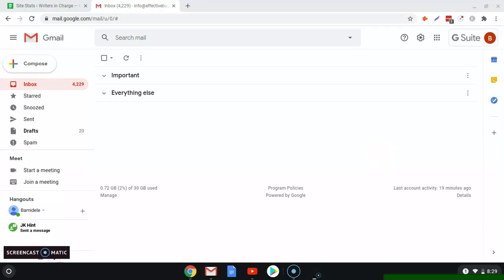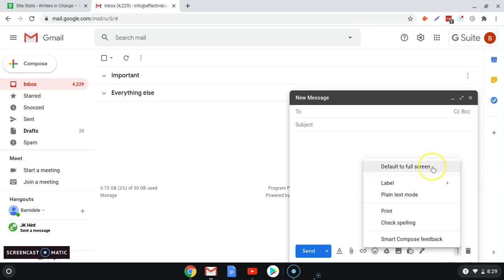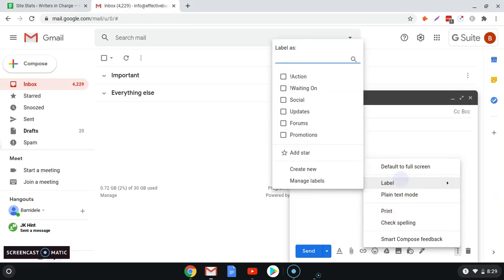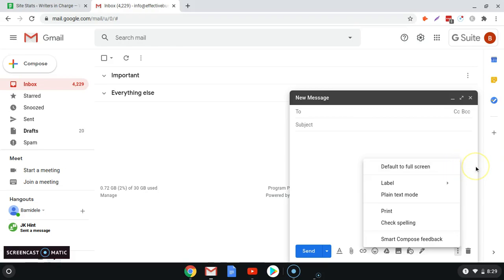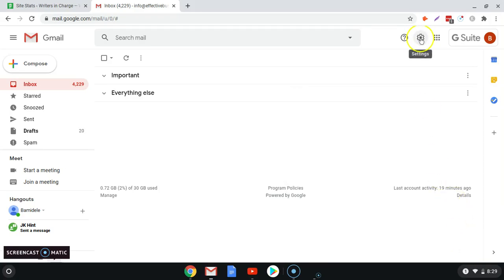So that's it. Templates. If you are the average Gmail user, by default, you don't have templates enabled. So for example, let's try to compose a new email message. Looking at these three dots, more options, if you click on it, we have default to full screen, label, plain text, and so on. Above label, there should be an option for templates, which is not there. So the very first thing you do is enable this option by going to settings,